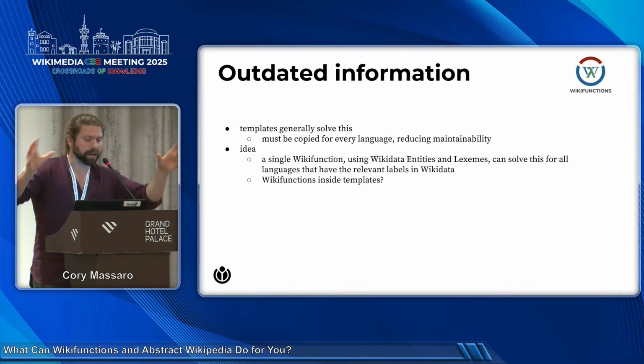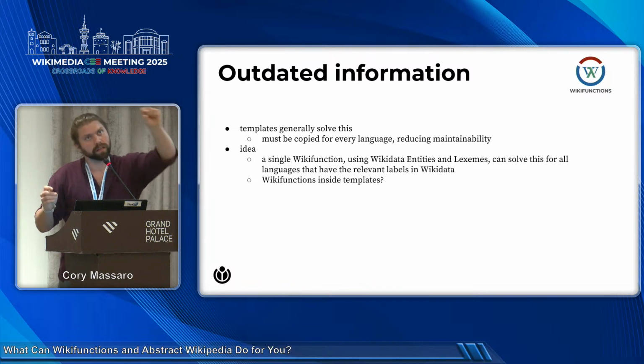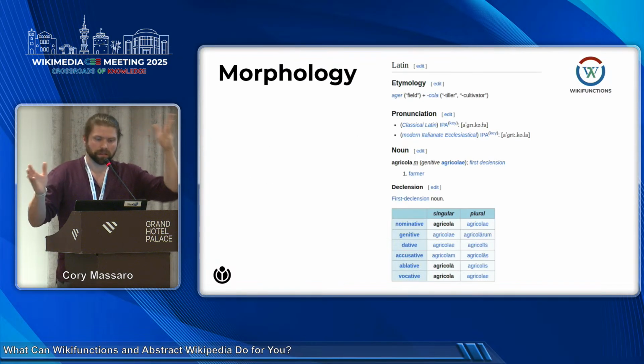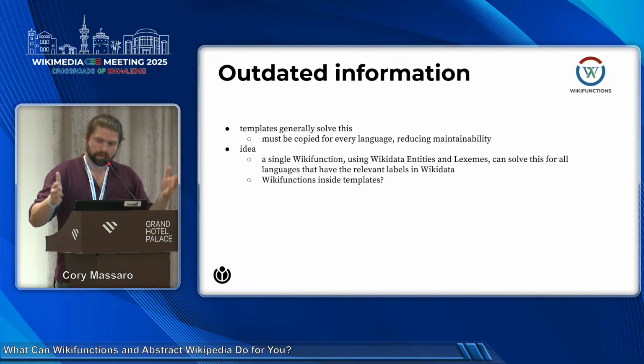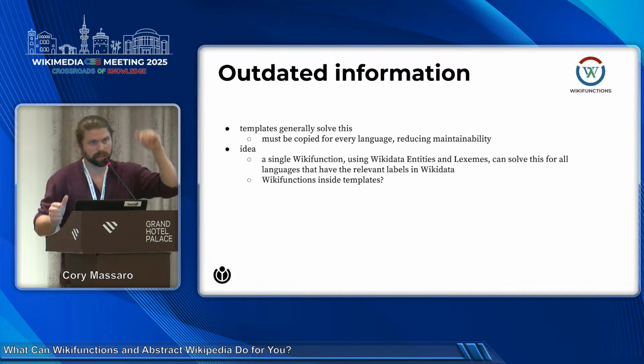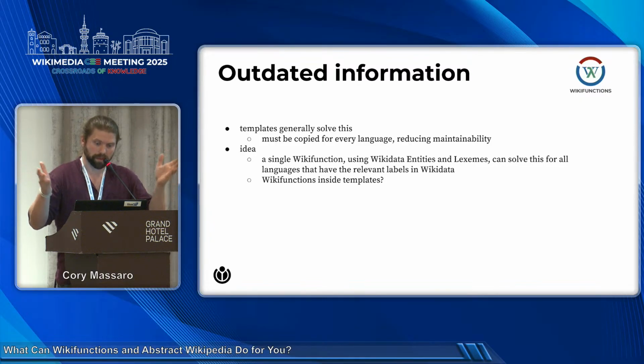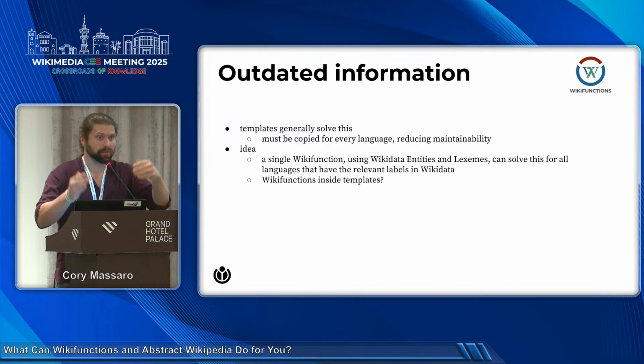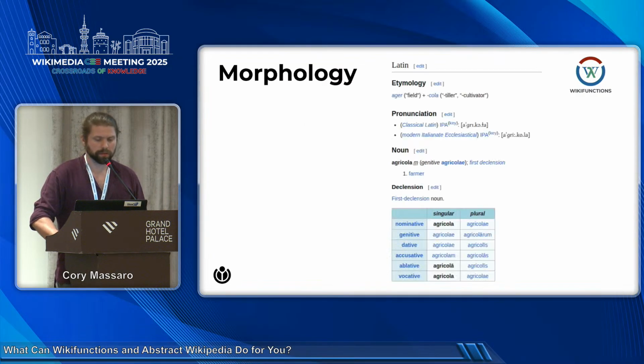So Wikidata has a concept of relations. So for a country, there's a relation that's called head of state. Thank you, slides. It's called head of state. So you could just say, for given country and given language, go retrieve the head of state, and if the head of state has a label in my language, then boom, I just have it. And then that stays as up to date as Wikidata is, which is, you know, usually pretty good. In this case, the Wikidata item for Ecuador's head of state was more up to date than the Persian language Wikipedia. If you wanted to run this inside a template, I think that would also be possible.